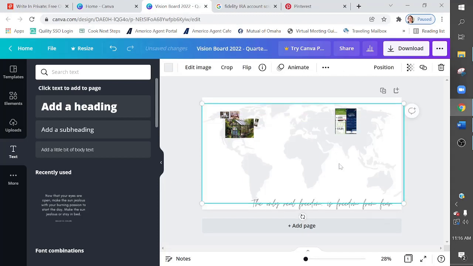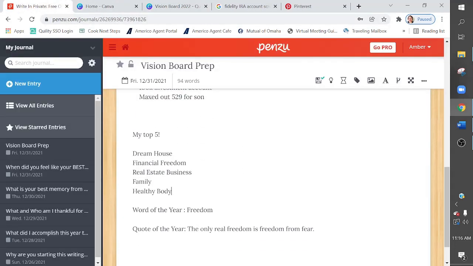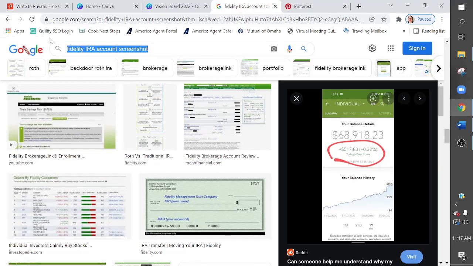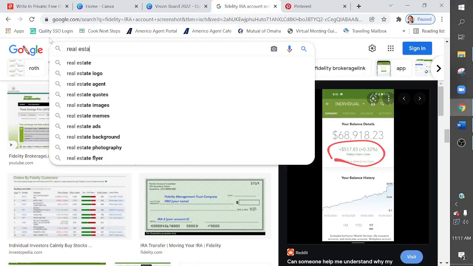Okay, it's coming together. So now I have my financial freedom, because this is what financial freedom means to me. A combination of these three things. And my house, of course, buying my house. So there's that. And then we're going to go back. I want to have a booming real estate business. So I'm not really sure how I'm going to do that. So let's see. Real estate